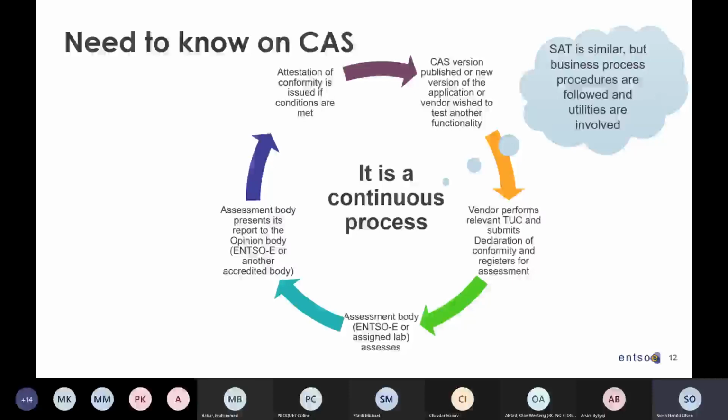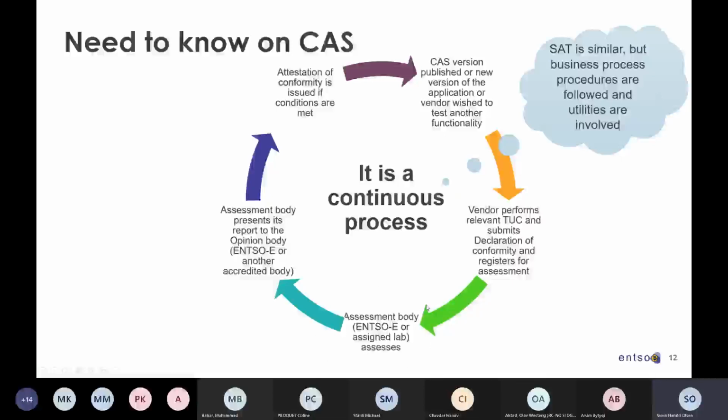And as I said, you can also have just a registration of the conformity, but any major releases should be assessed, second-party assessed. Then it goes to the assessment body, and we are now looking at using third-party assigned lab assessment. We'll publish more information about that when that is totally clear.